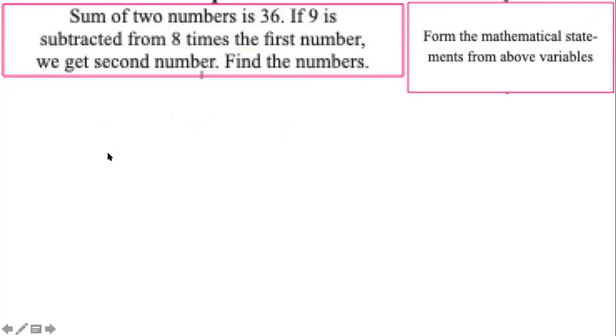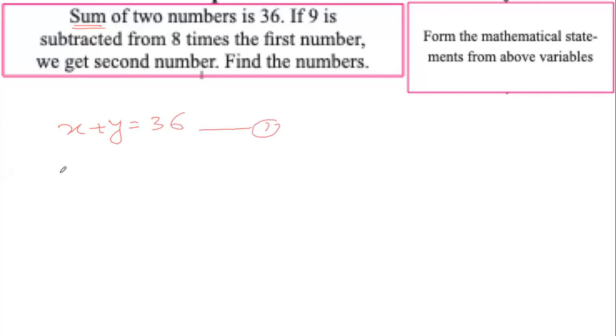Yes. Okay. Now we will try to form the equation, and we have the variables x and y. We just chose them. X is the first number, y is the second number. Now find out the verbs. I will help you with one. It is sum. Now you tell me what the equation should be. X plus y is equal to 36. Very good. Thank you, Tushar. We will call it equation number 1.